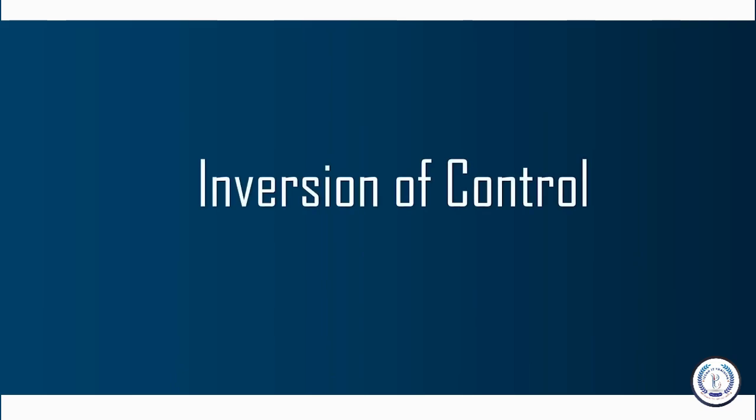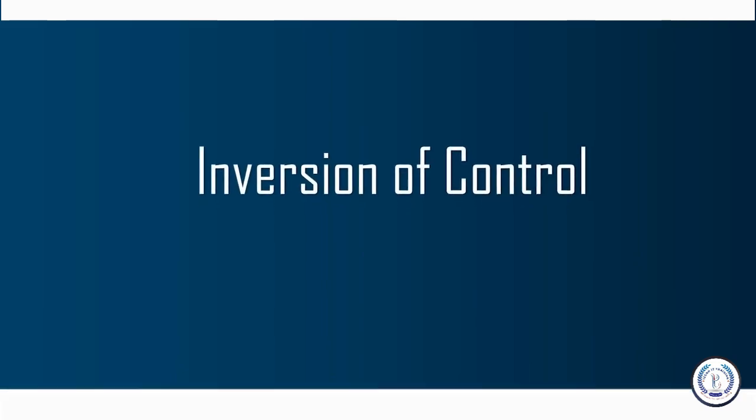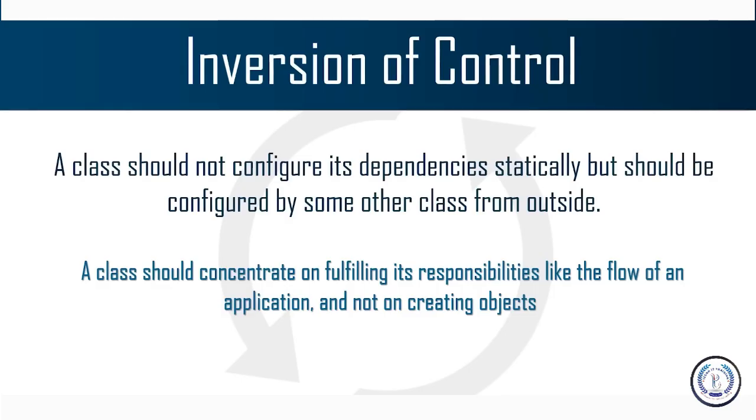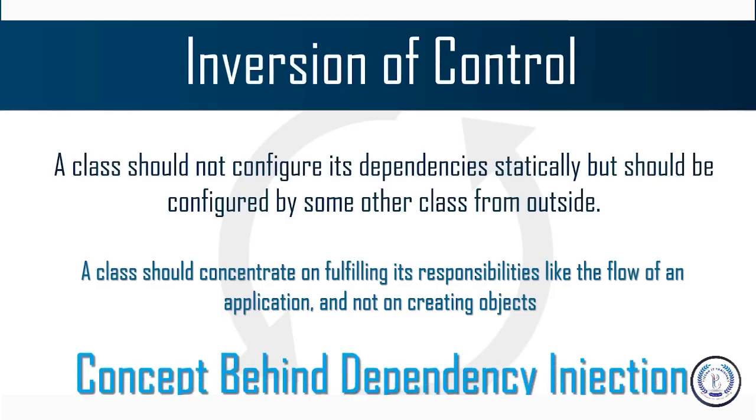Dependency injection is based on inversion of control. Now, if you ask me what is inversion of control, then I can say that, as the name suggests, inversion of control is basically used to invert different kinds of additional responsibilities of a class rather than the main responsibility itself. So if I have to explain it in simpler terms, consider an example wherein you have the ability